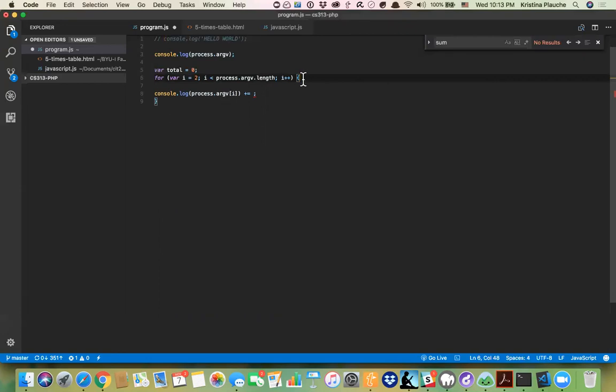Well, I don't know if we actually want to console log this yet, do we? Yeah, we'll want to add it inside the loop to add to the total. Right. So what does this need to be then? So total plus equals,